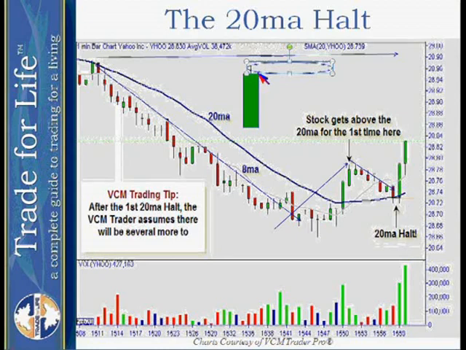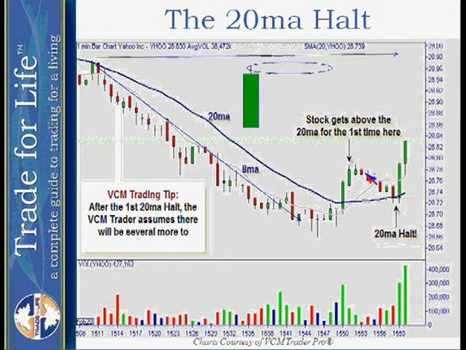But this bar says, wait for a buy. And where's your next buy? Your buy comes at the 20-period moving average halt. So remember, the daily chart tells you what side you look for. I'm looking for a buy. I'm ignoring anything that says go short. I'm looking for a buy. All right? Now,